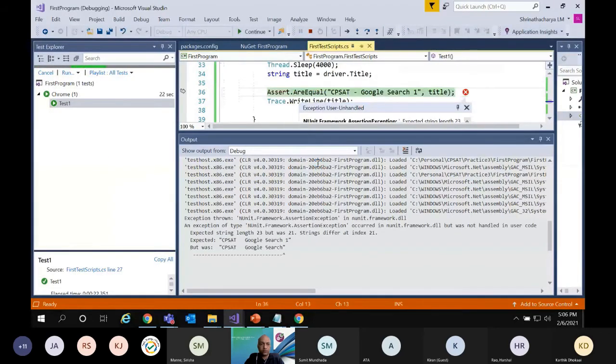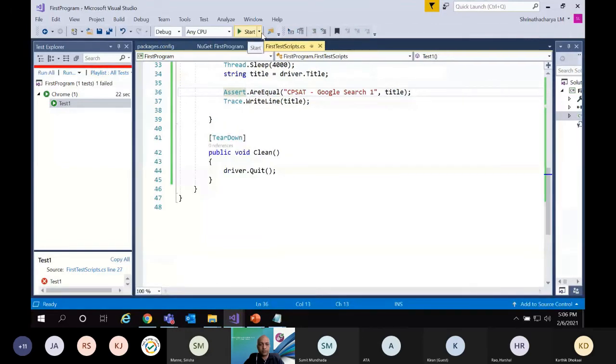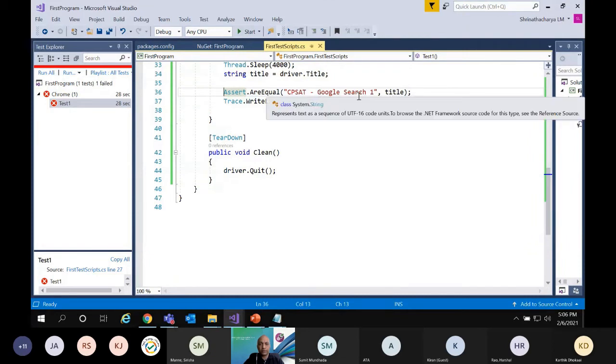Yeah, I would have run in run mode. So the moment it is a mismatch, it stopped there. See, the test is failed. Why is it failed? Because the value coming is cpsat hyphen google search, not the one that I typed.